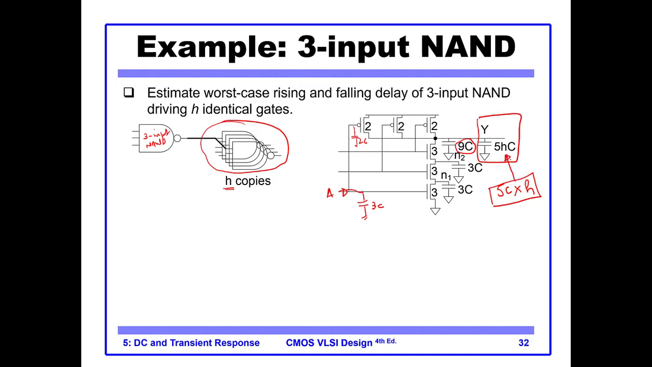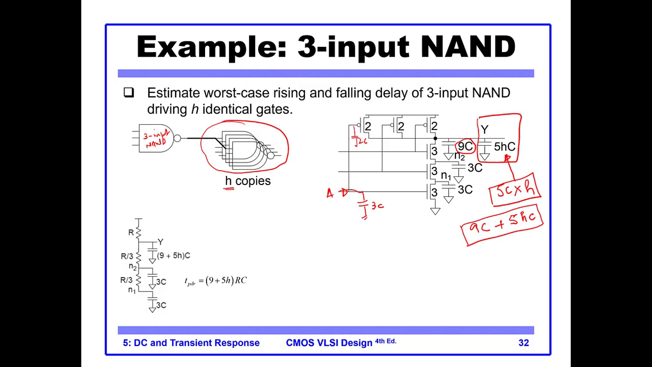That is why the total capacitance at the output is now 9C plus 5HC, where H comes from the fan out. So if we are interested in the propagation delay,